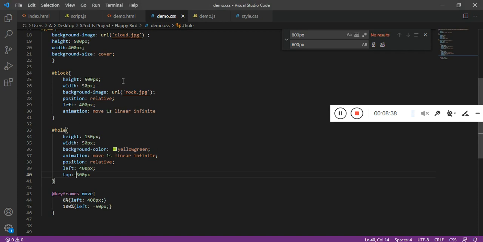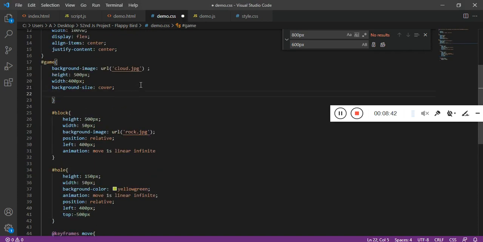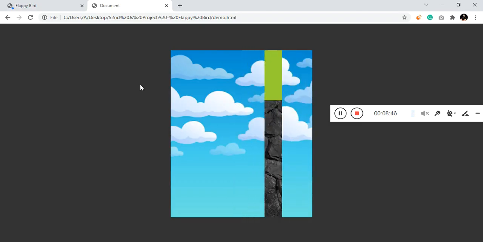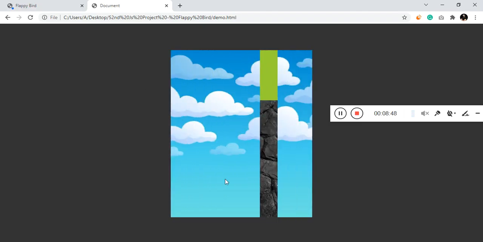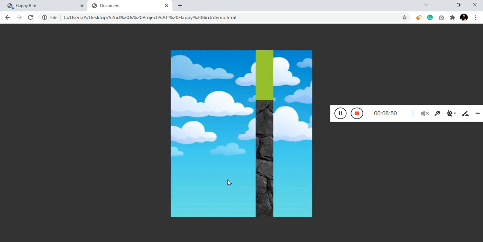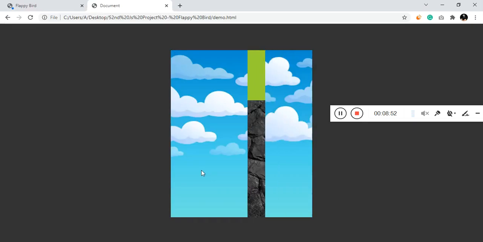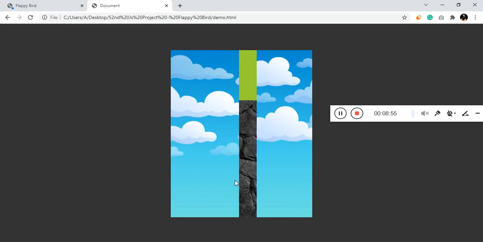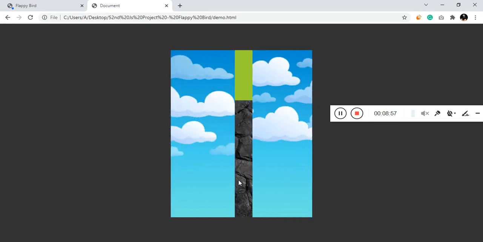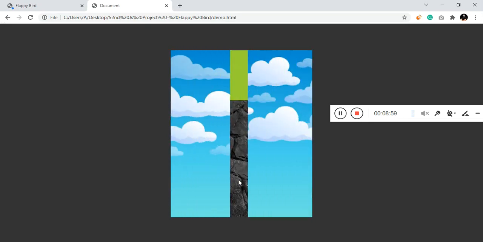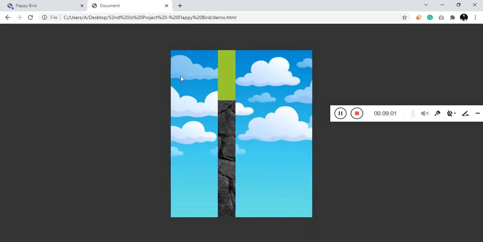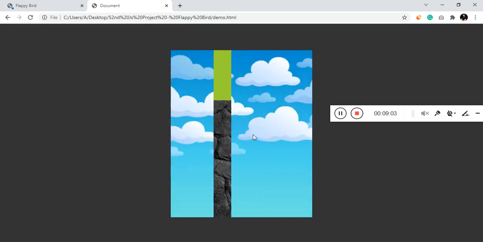So now we can give the overflow hidden to the game. Refresh it. Cool. Now let's just move into the JavaScript, and in the JavaScript what we need to do is, we have to make sure that the green block is not on the same place.